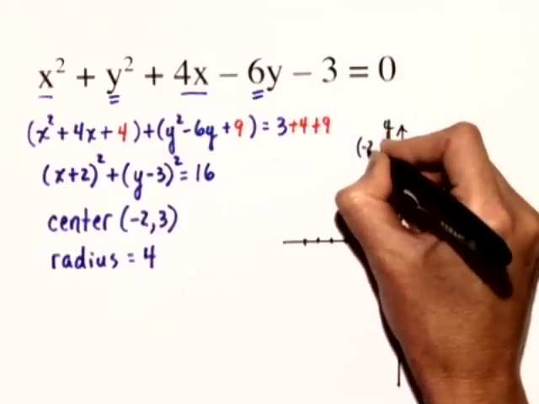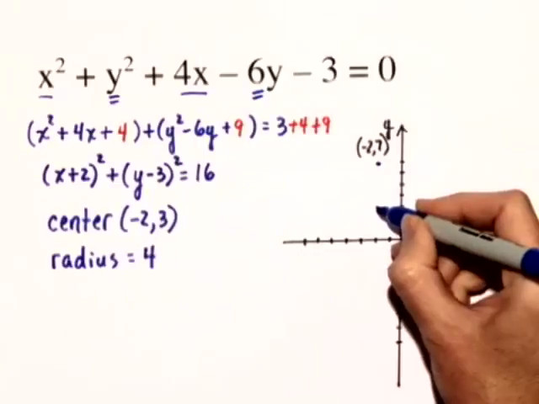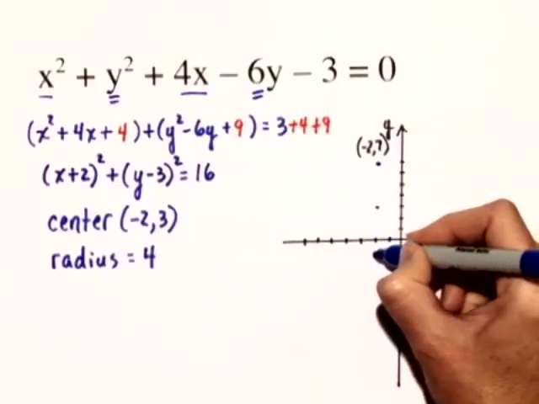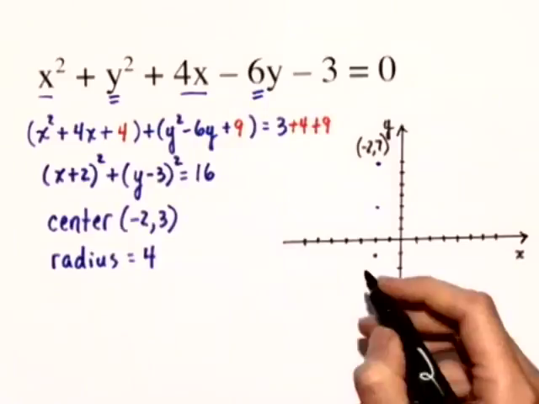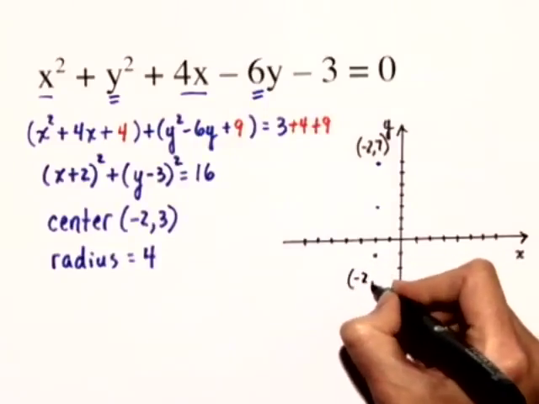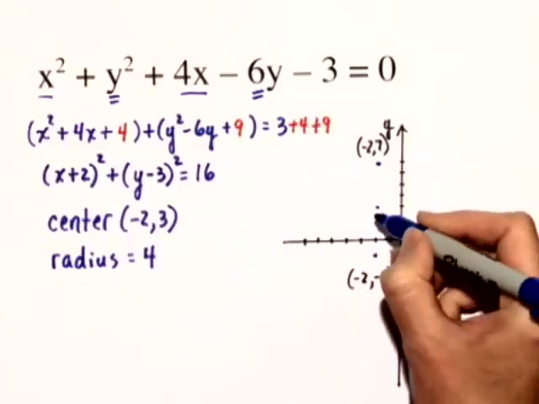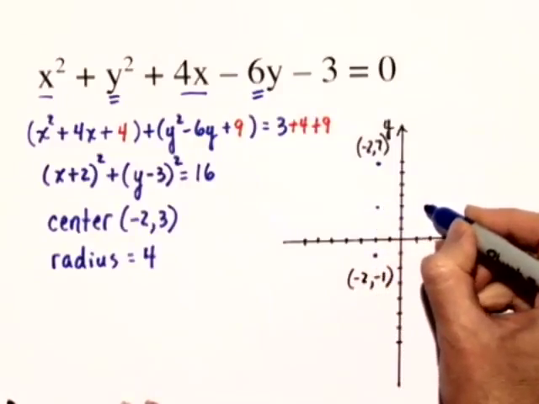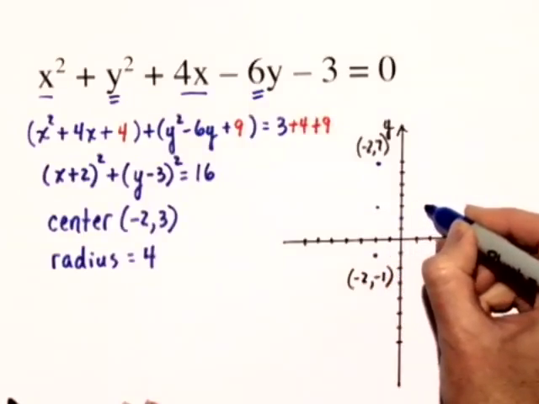-2, 7, and I'm going to go from the center, I'm also going to go down 4. That leaves me at the point -2, -1. From this center, I'm also going to go to the right 4. So -2, 3. When I move 4 to the right, I'll be at